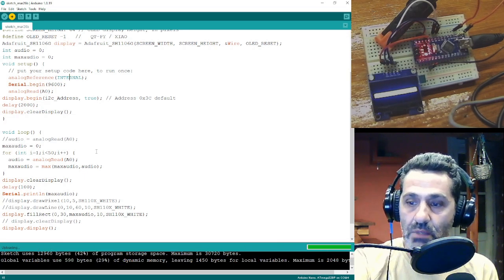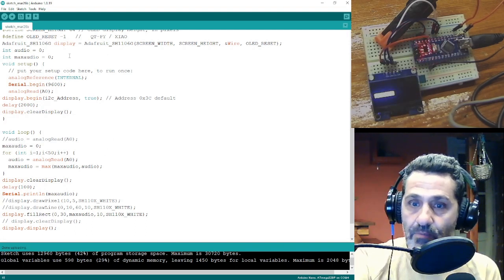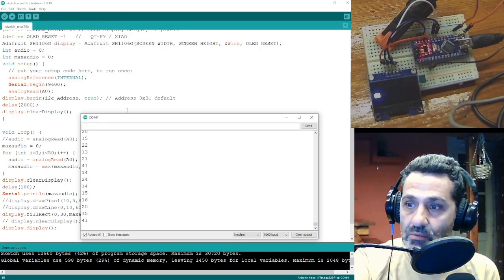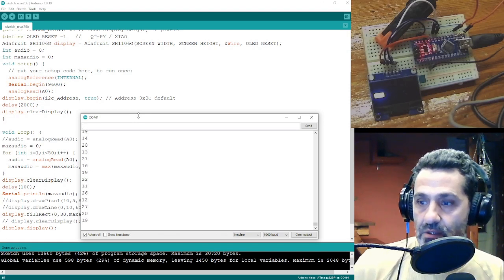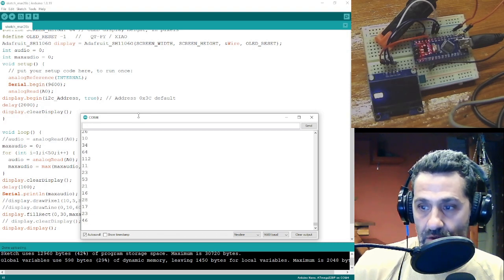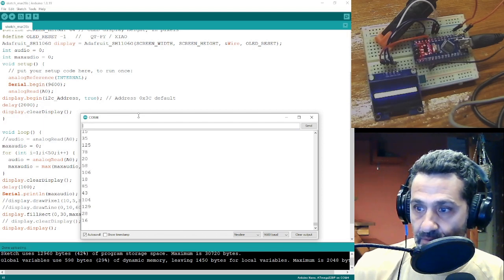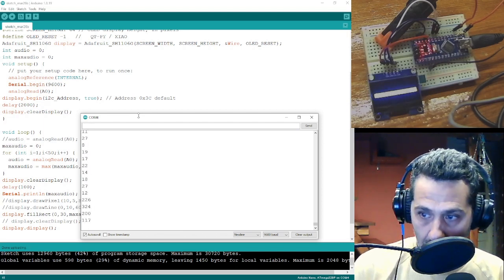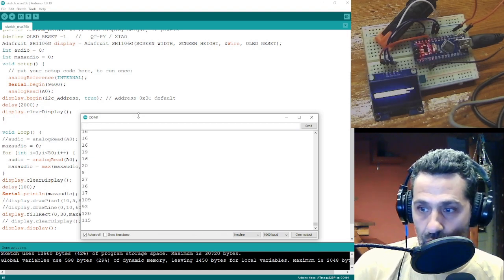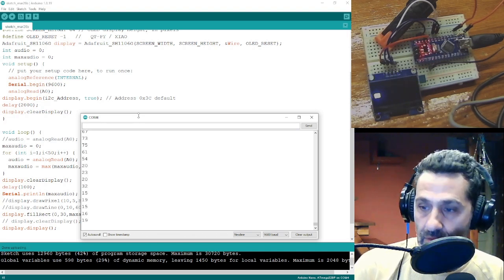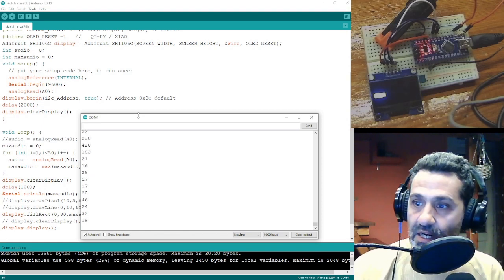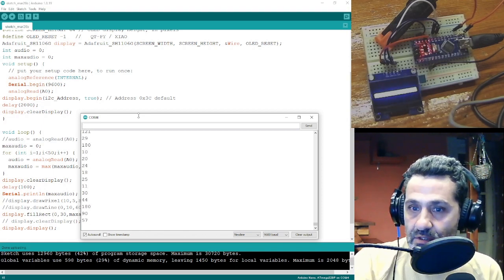Loading, uploaded. Look at the line now. Tools, serial monitor. Now silence is not like 2-3 volts, and if I shout you see I have much higher values. Ooh. Hello. You see, I even have 400, because now,